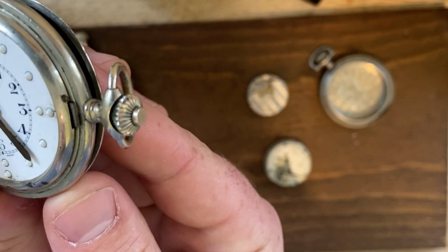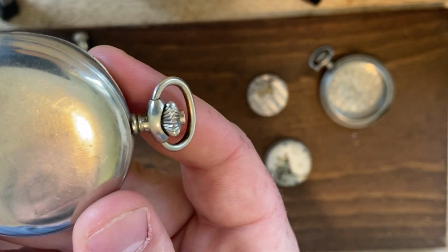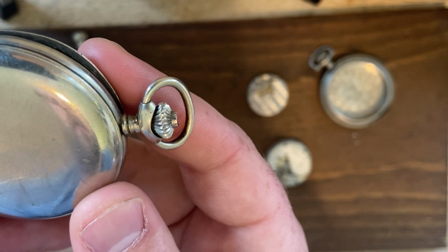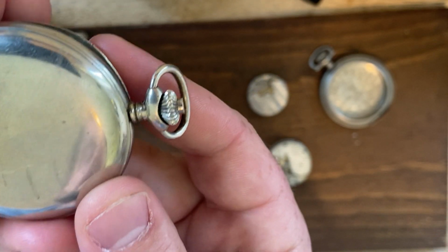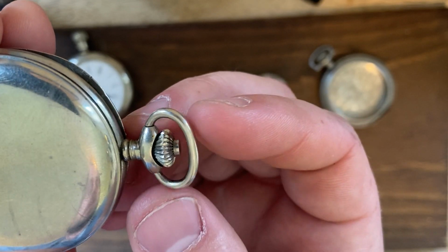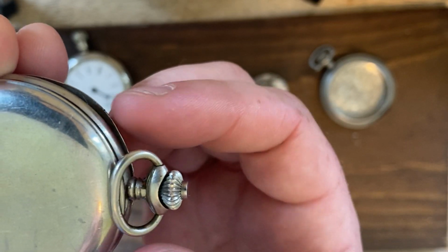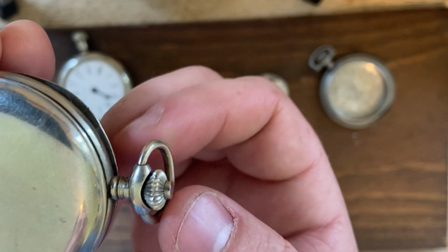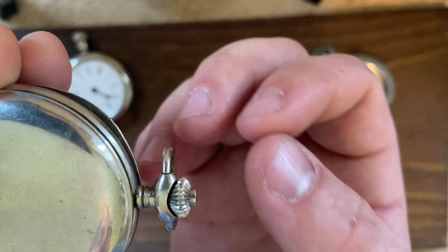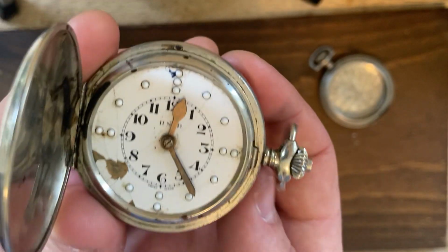So you open it up, and the face opens. There's a little hinge at one side, and it's very small. It's made with kind of wire to reduce the visual impact. And then on the right side there is, I believe it's called the stem, and it has a little loop that you could put your watch chain on, that's tapping against the face of the watch. And then there's this winder, and you can set the time, wind the watch, and set it going. So now I open it up,